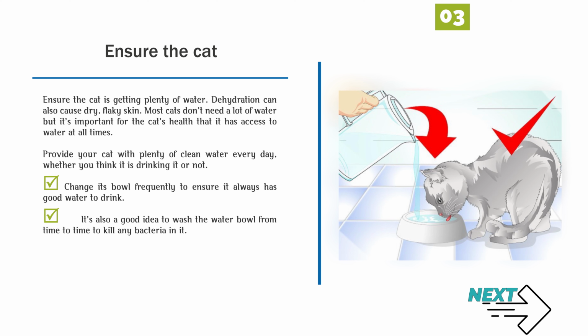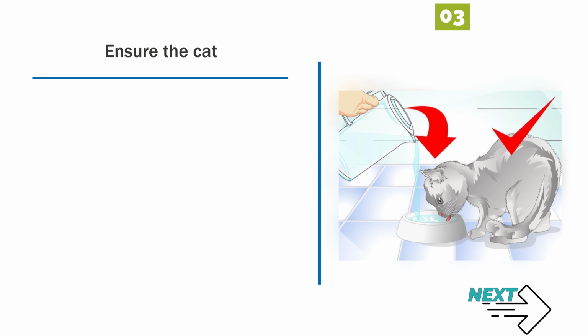Number 4. Avoid bathing your cat too often. Cats aren't like people in terms of bathing needs. They're quite good at keeping themselves clean, so they only need to be bathed very infrequently. Unless your cat's coat is visibly dirty, oily, or matted, you won't usually need to bathe it more than a few times per year. Bathing the cat more often can strip the essential oils from its skin, leaving it dried